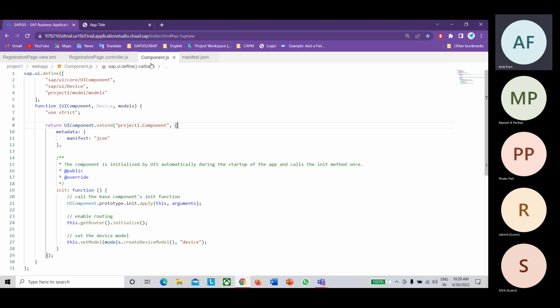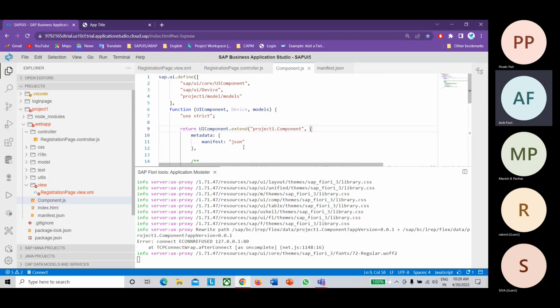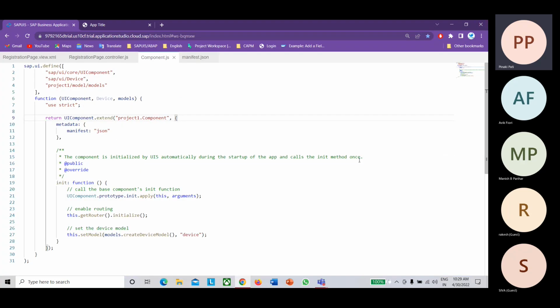Okay, so any other question? Yeah, just a last question. For a button, we added one method, and whenever we click that button, that particular method is called in the controller, right? But for, suppose, a message box, where we want a pop-up or success message, why do we need to write it explicitly in the function in the controller? Other things are working, but for the message box, we need to write it in the controller explicitly.